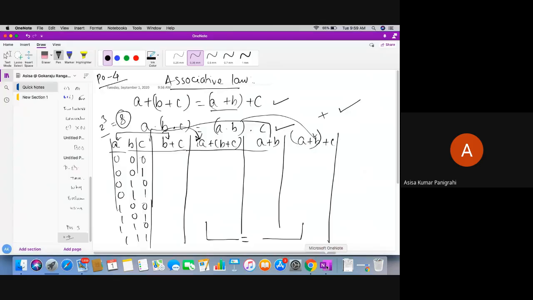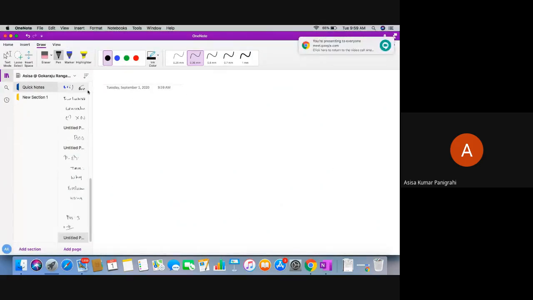Okay. Next thing is postulate number 5. One more thing, if you are not understanding, please immediately ask me here itself. Don't put it in the chat box. If you put it in the chat box, I don't know which one you are asking me doubt. Immediately unmute yourself and ask me. I will explain you immediately. Don't worry. However many times you want me to explain, I'll explain it. Okay, next, postulate number 5 is the distributive law.